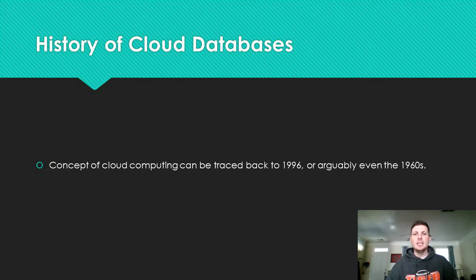What they used this term to mean is their business model and their vision was that all these different types of business software that businesses use would be all based on the internet. One day they would all be accessed and used through the internet. So if you think about a cloud database, that's exactly what a cloud database is. It's a business software or business database that is accessed through the internet. It's not housed by the business itself. So that's how the concept of cloud computing begat a cloud database.